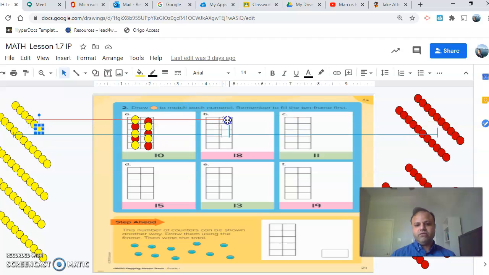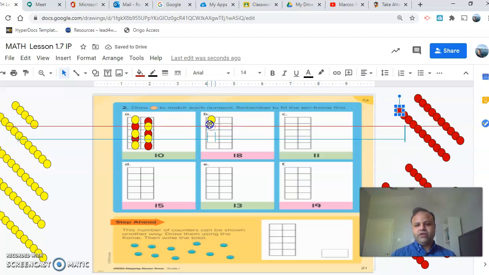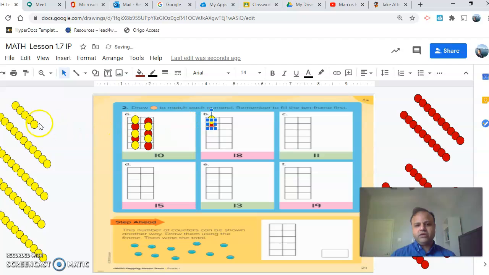So I'm going to get one from this one. So it's 1. Then I get one from this one to get different colors too. And you could do any way that you want. Really, I don't care if you put one color or the other color, it's okay. So I have 3,